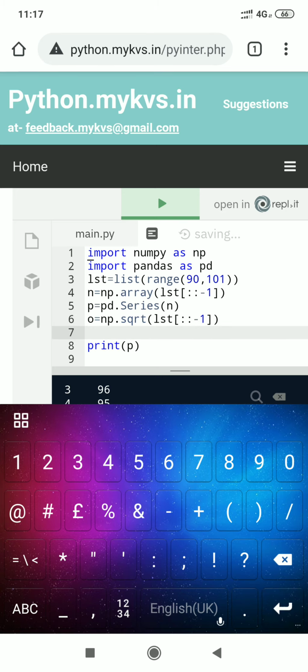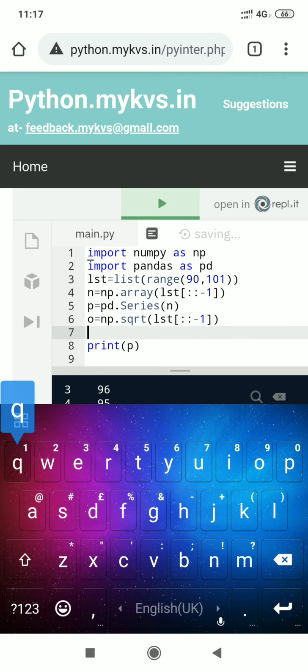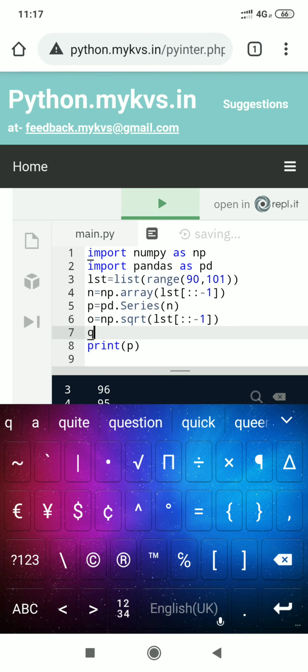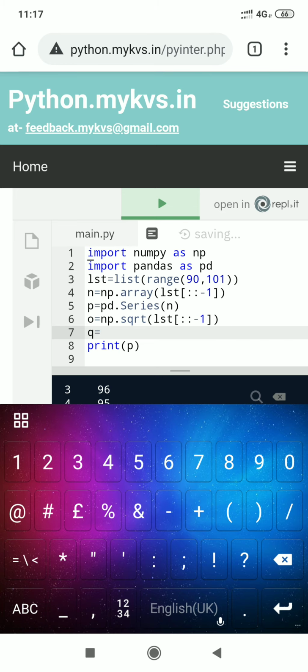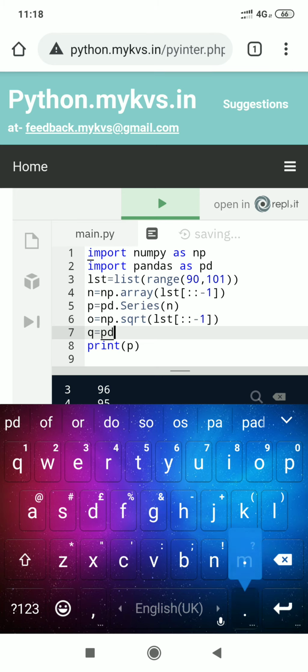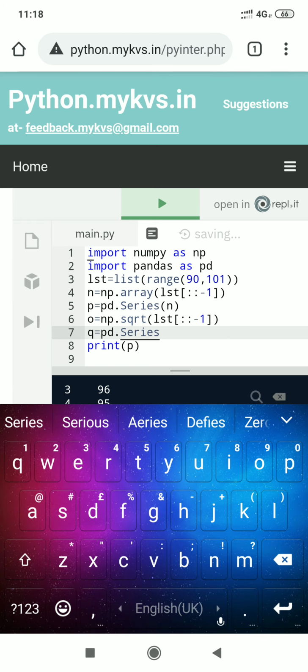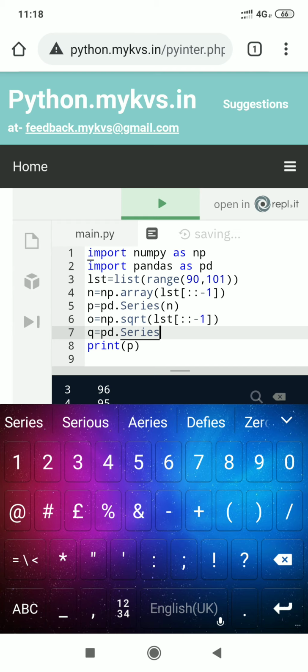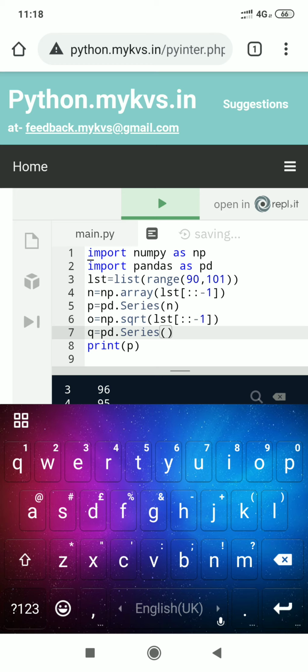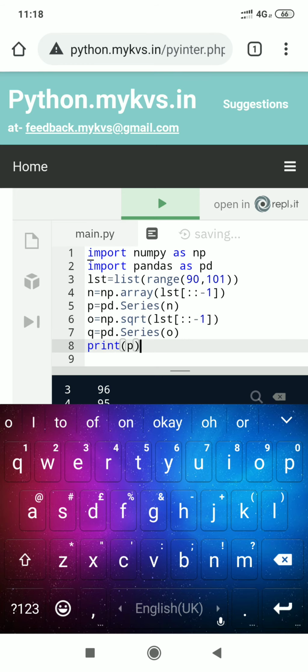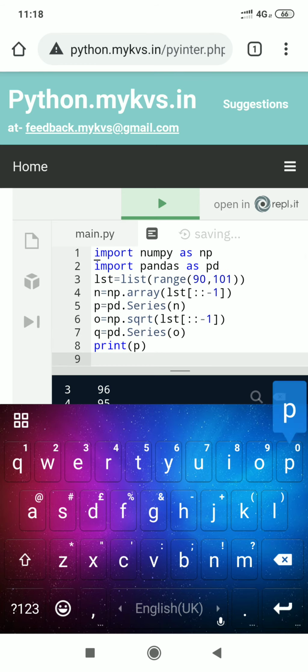Then after we create Q for series purpose: Q equal pd dot series of O. Now I display the value of Q also.